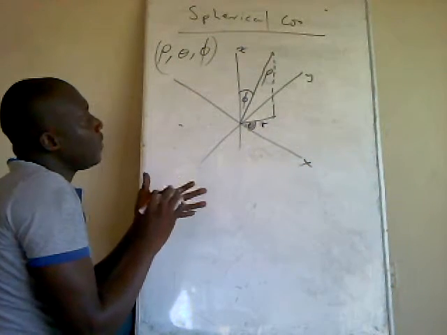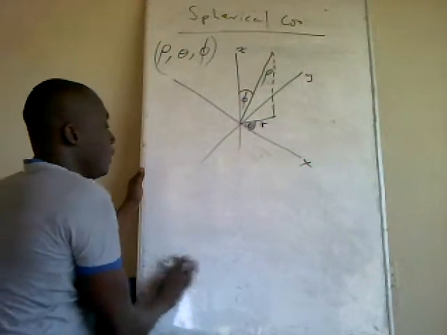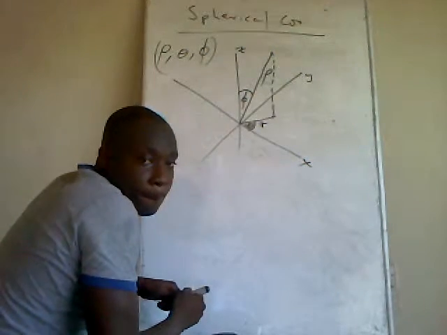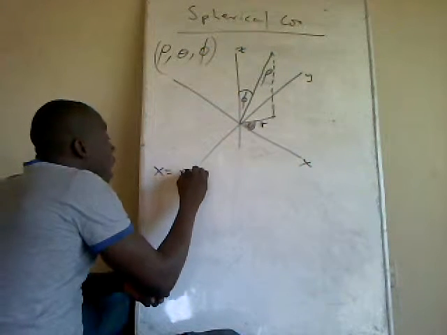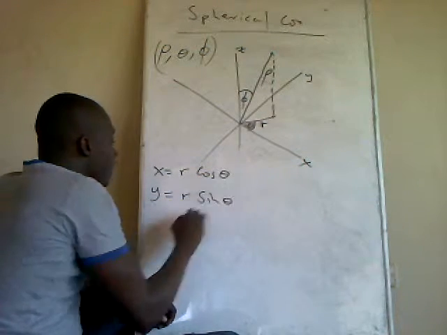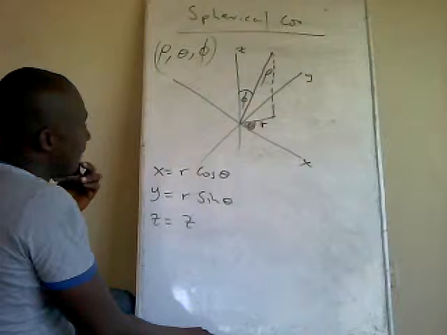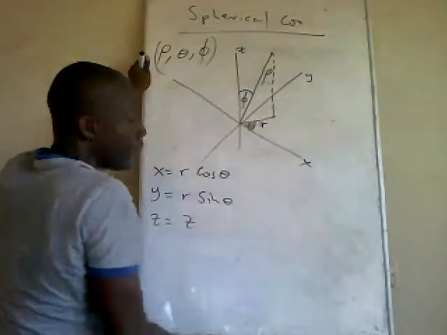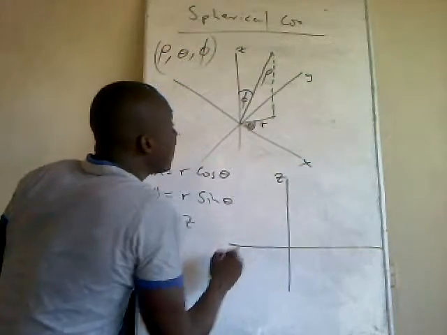Now, let's look at something. From the cylindrical coordinate system, we say x is equal to r cos theta, y is equal to r sin theta, and z is equal to z. Nice one. If this is z,